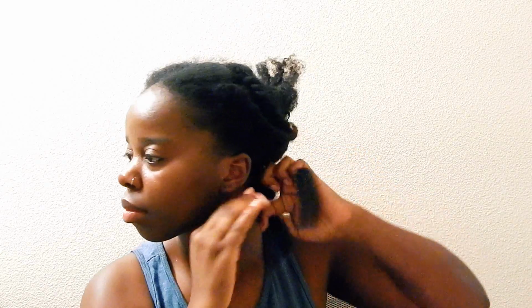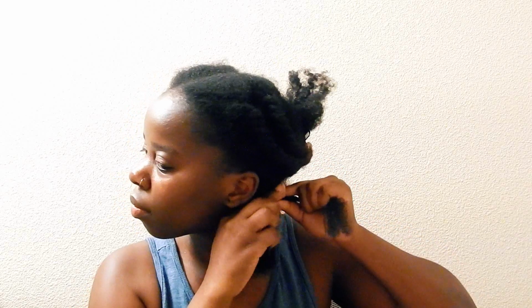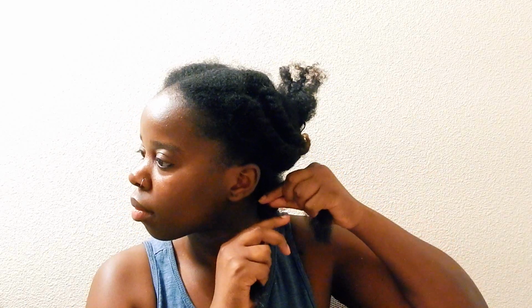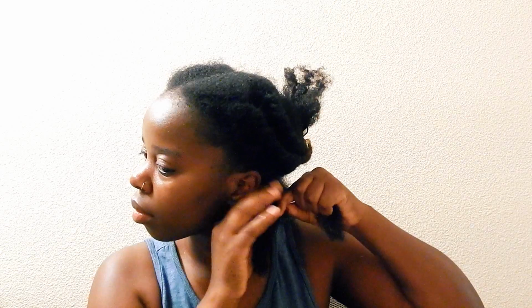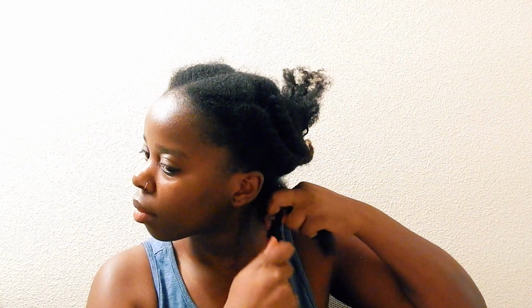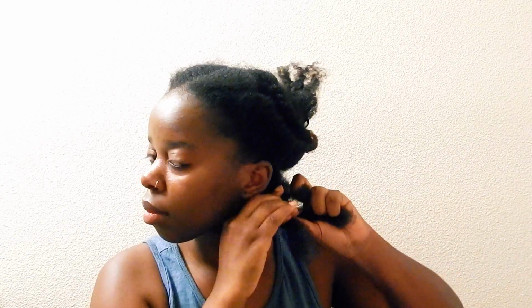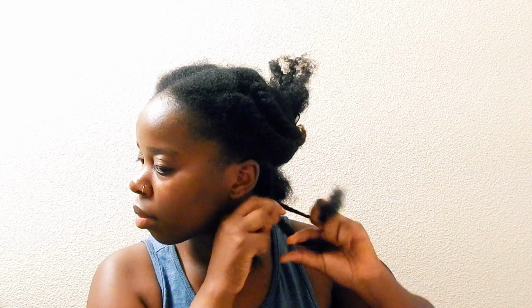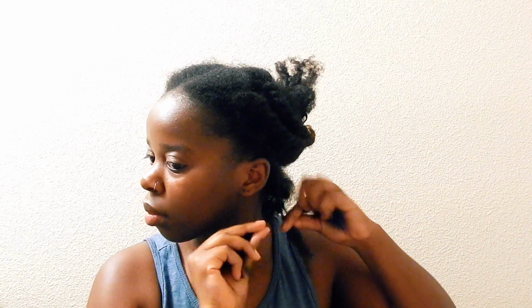So as I said, I take a medium-sized section of hair. I do a normal 2-strand twist at the roots, and then I split the hair evenly into 3, kind of borrowing hair from the 2 strands and making 3 strands. And then I'm just gonna explain how I do it. I hope this makes sense, but